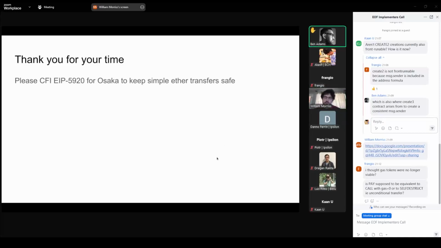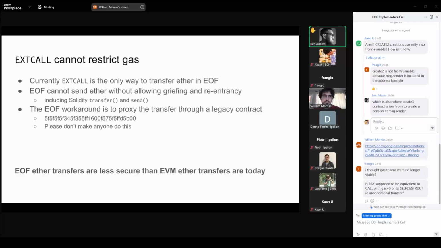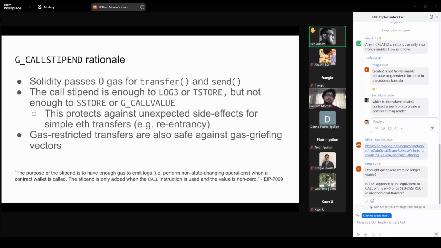Doesn't, when you cut the gas in a transfer, so the current recommended way is not to use transfer, because if you send it to a multi-sig, which is a proxy to another address, then there's not enough gas, and generally it will fail. Well, if it's a proxy, then it does have enough gas to do delegate call. Then that delegate call can emit a log, and I think there's enough gas for both of those operations.